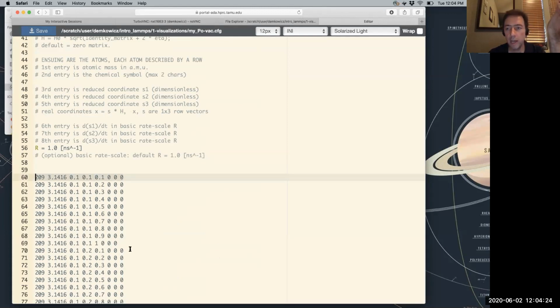Does it matter which atom I delete in this model? Anybody? What do you think? Does it matter which atom I delete? Let's see. It matters. Any other votes? So I submit to you that it does not matter which atom you delete.